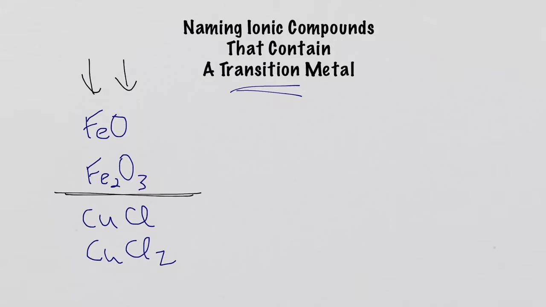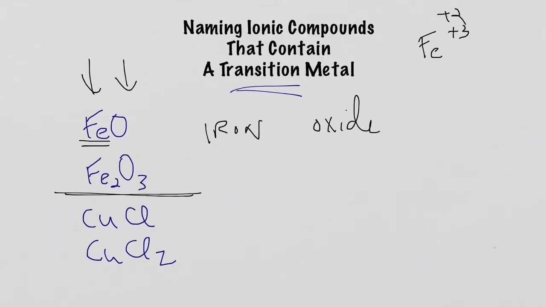Now, it starts out the same as before. I write the entire metal name, so it is iron. And I do write the non-metal name and I change the ending to IDE. So it's iron oxide. But now I have to indicate which of the iron charges that this iron is. If you memorize that iron has to either be +2 or +3,